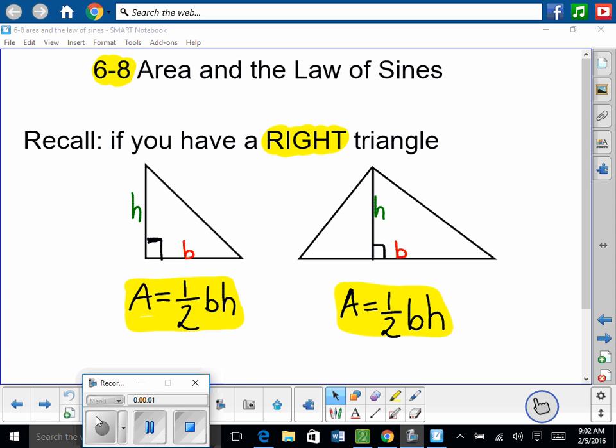And we're going to be dealing with area of a triangle and then the law of sines. So I want you to recall back to secondary math 1 and 2. We were only dealing with right triangles, and we know how to find the area of a right triangle because we know the formula, which is great to know, because if you have a right triangle, you're going to want to use this formula. So you know if you have a right triangle, now guys, right means 90-degree angle involved